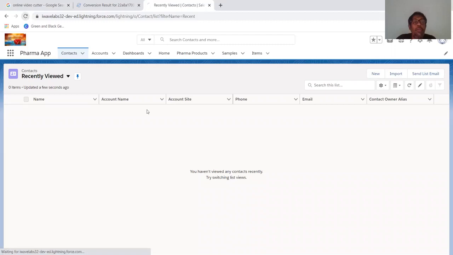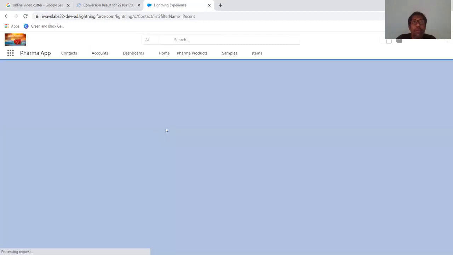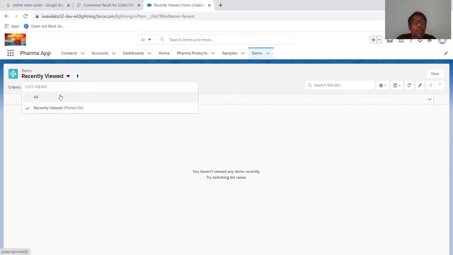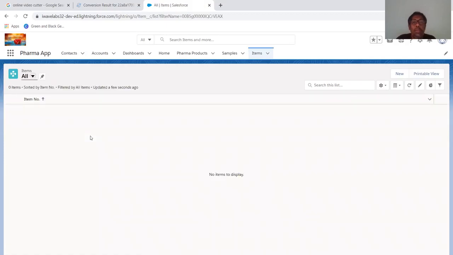Now let me refresh here, and then I click on items. When I click on recent view and click on all objects, see, no object has been shared, because I made OWD private.